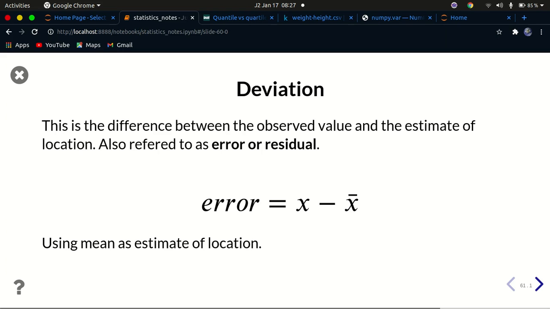So this tutorial is a continuation of our introduction to statistics for machine learning series. In this tutorial, we're going to go over deviation. In the last tutorial, we looked at range, right, which is the difference between the max value and the min value of the data set. In this tutorial, we'll look at deviation, and deviation is just the difference between the observed value and